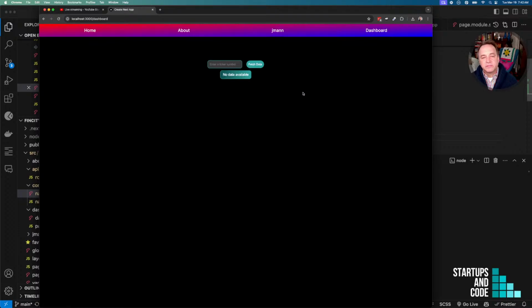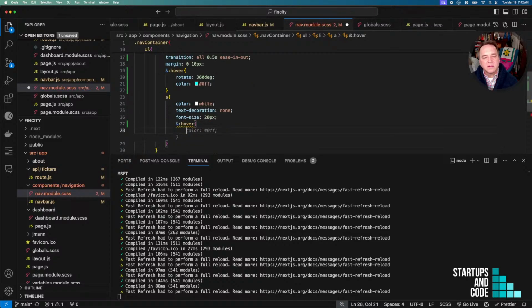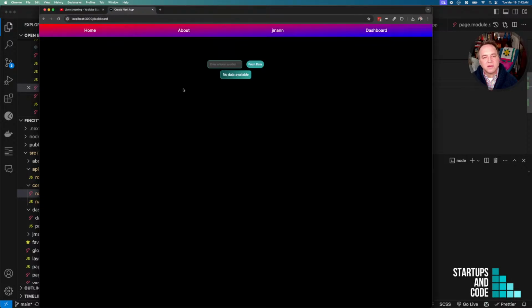Fun animations. Super simple. And then if I want to add the hover in here, I could do that. This doesn't need it. So now,